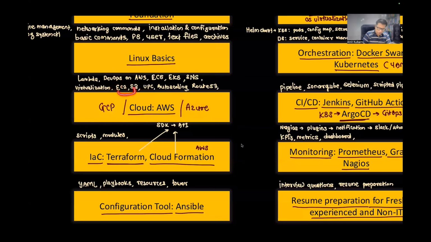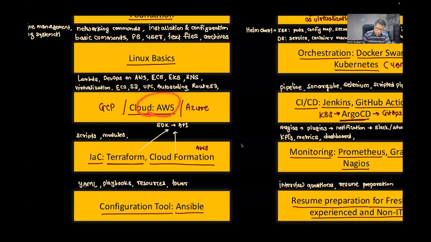Once I show it for an EC2 instance, the same should be repeated on Azure and GCP. The only command that will change is how to connect to it. Once I connect to the EC2 instance, or once I connect to a virtual machine, it doesn't matter whether it is running in AWS, GCP or Azure, because virtualization is the technique, or the feature, with which we can create virtual machines somewhere in the cloud.